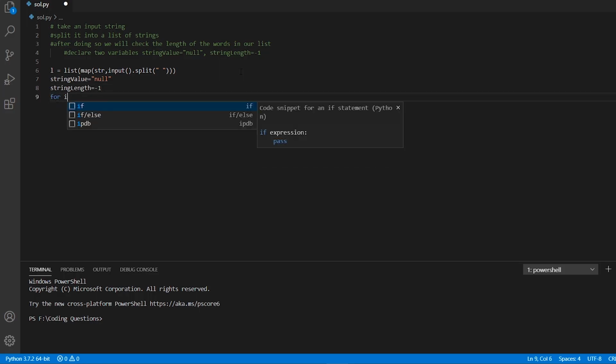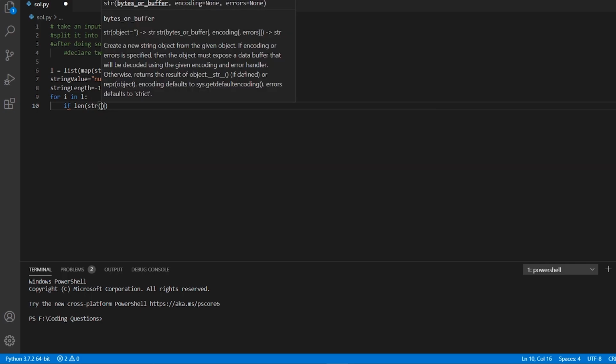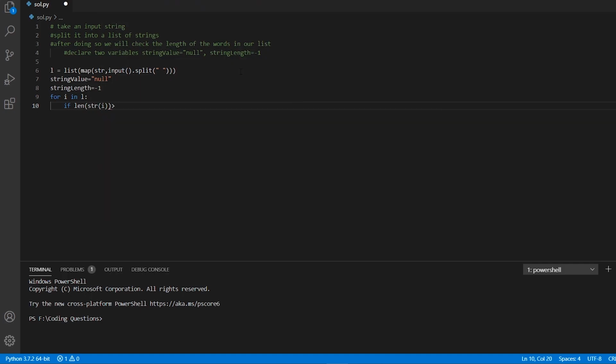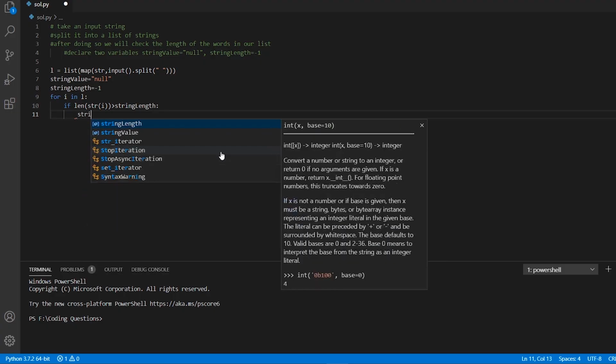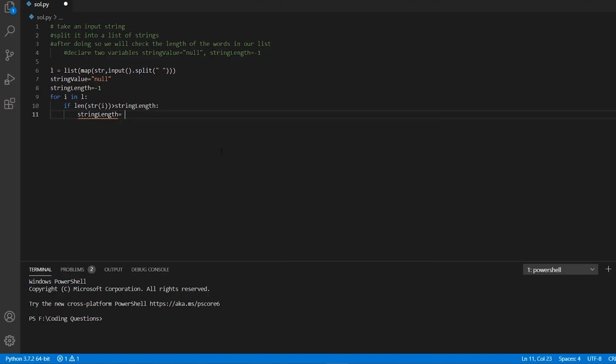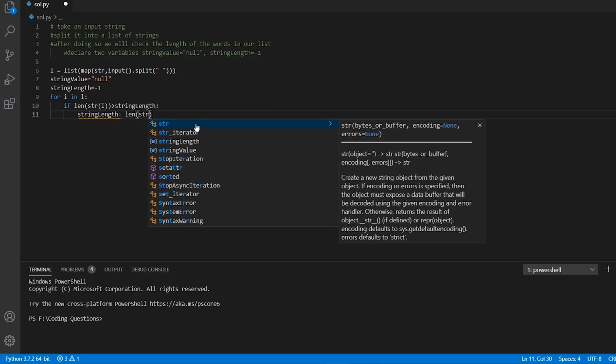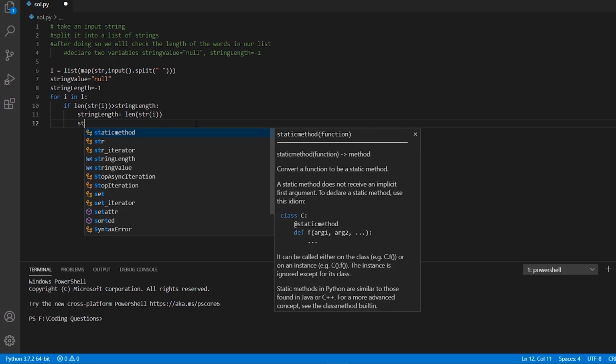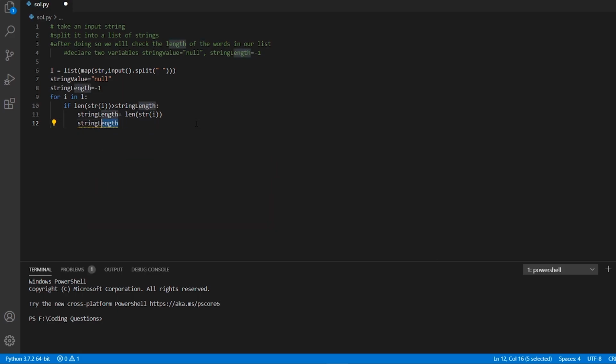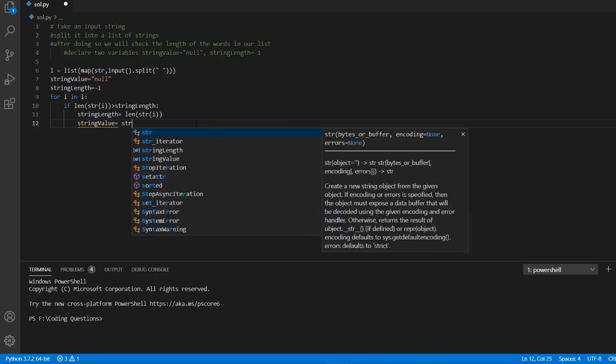So let's iterate over our list. We will write for i in L, if length of string of i is greater than string length, then what we can do in this case is that string length will be replaced by length of string of i, and the string value will be replaced by the string which we have inside of our list, so it will be string of i.